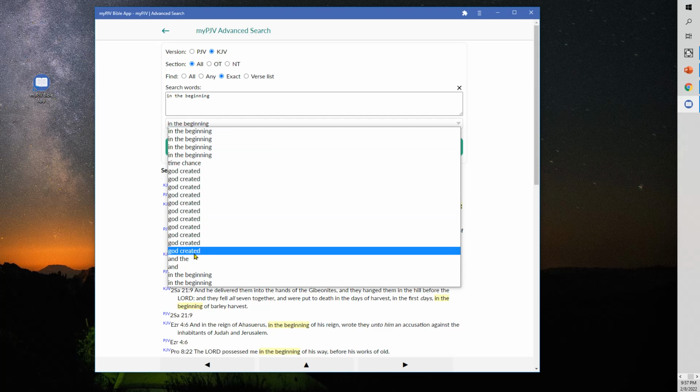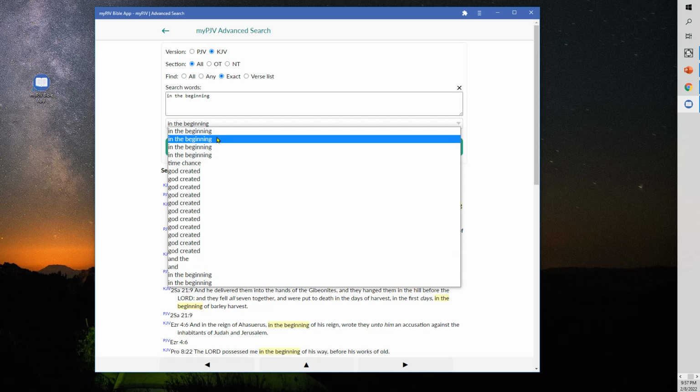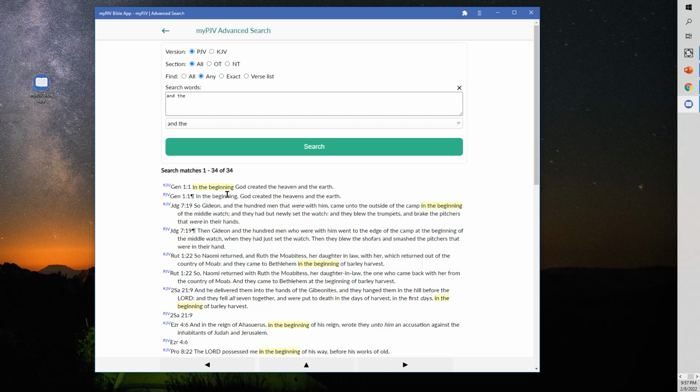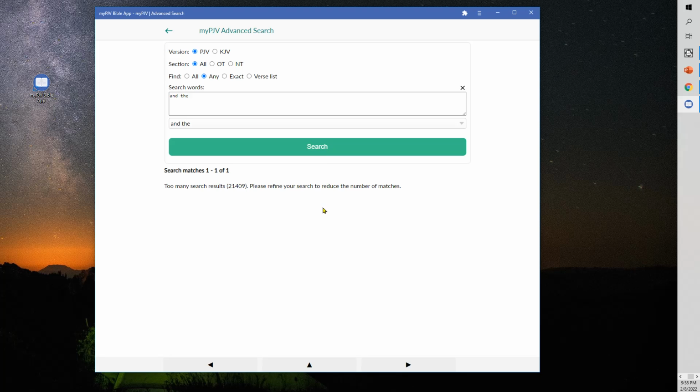Now, one more here. I'm going to search for and the. Now notice this, the previous search had 18,000 odd matches, and that was okay. But there is a memory limitation that's somewhat dependent on device and browser. And I've chosen this and the, and let's go any. So either and or the. Now they're very, very common words. And you get this message, which we actually saw at the beginning of the video. Search matches 1 of 1. Now the one match is this line, so there are actually